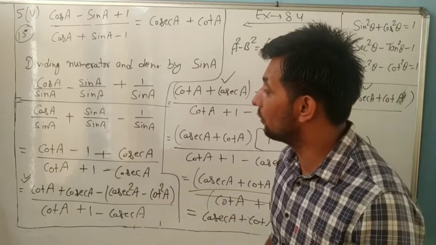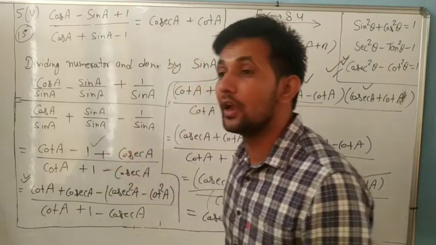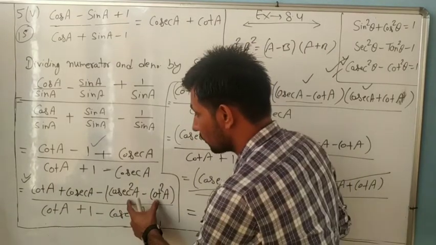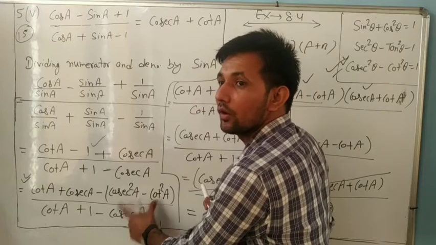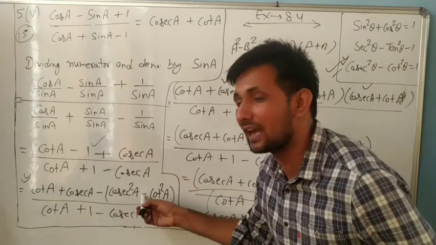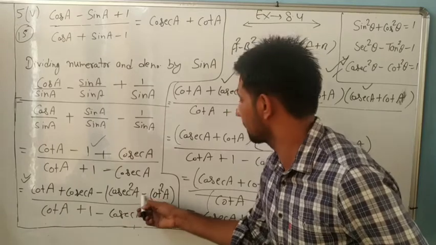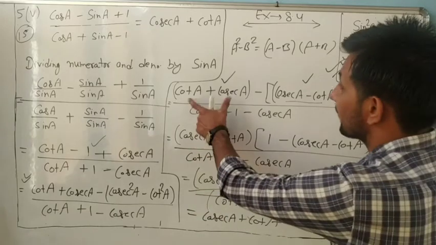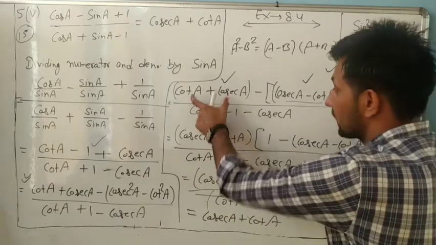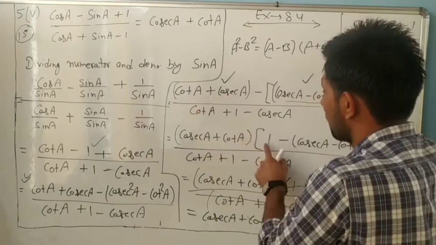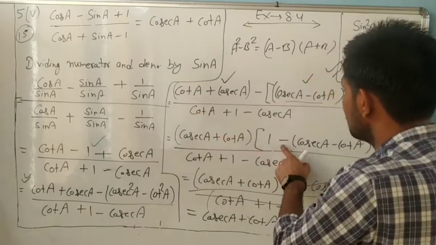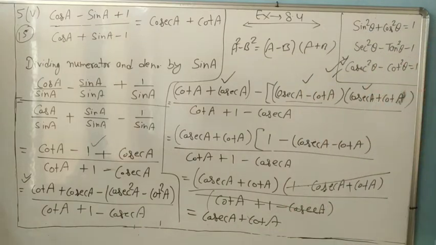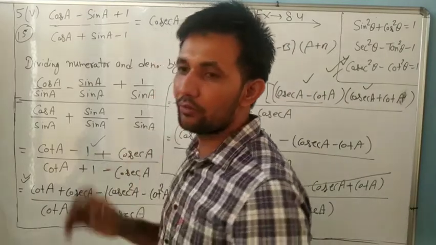Okay. Now only the 1 in the numerator, we will use an identity. 1 is equal to cosec squared A minus cot squared A. Now it becomes A squared minus B squared, which opens as A minus B into A plus B. From here we observe that cot A plus cosec A is common. What remains here? 1 in place, minus, and always use brackets. Open it and now this one cancels. So it is our answer. Okay dear, so note it down please.